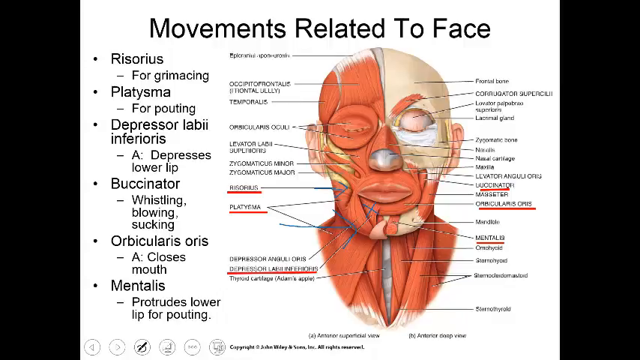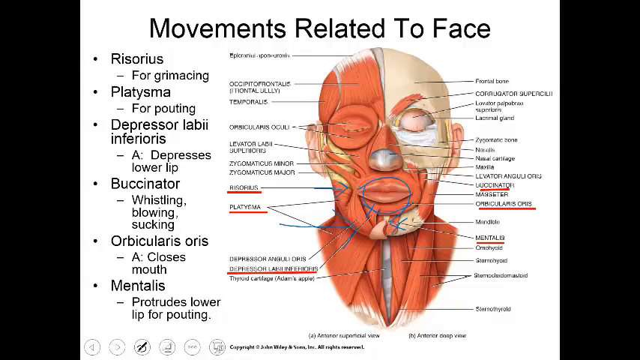Now the second circular or orb-like muscle on the face is the orbicularis oris. So oris refers to the area around the lips. So this circular muscle right here is the orbicularis oris, and it helps you close your lips and therefore close your mouth. The muscle of the chin region is called the mental region, and the chin muscle is called the